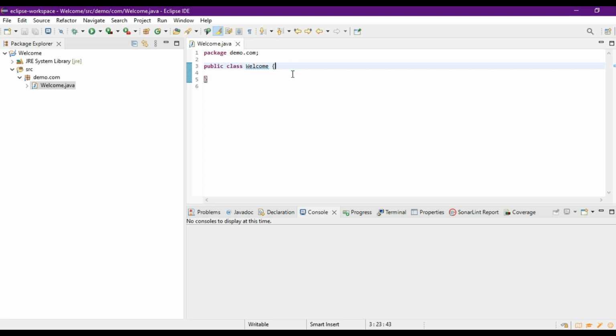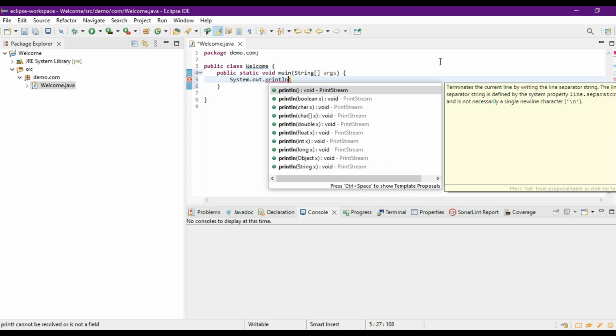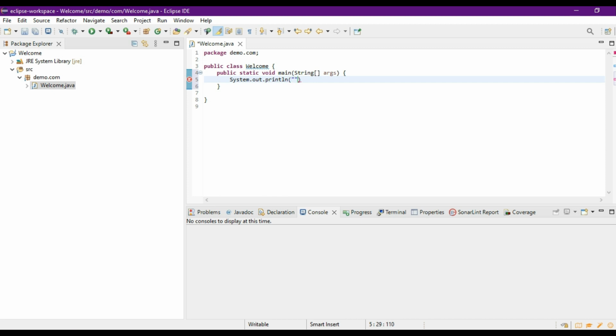Let me write one method and one print statement. Every method in Java must be present inside a class.